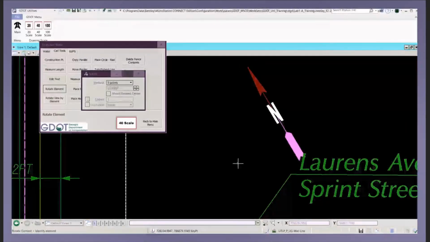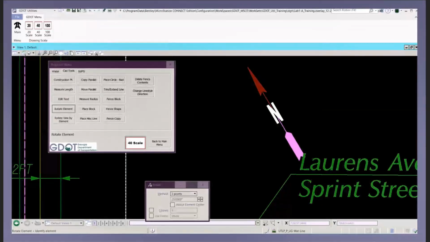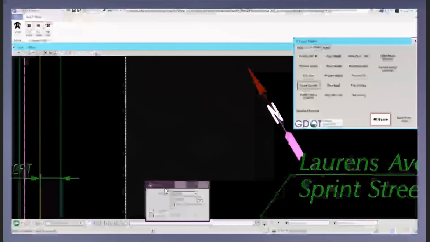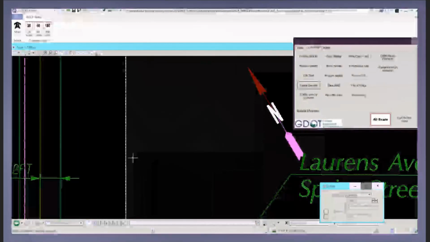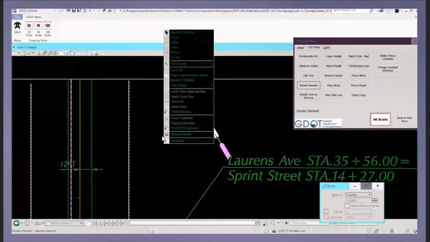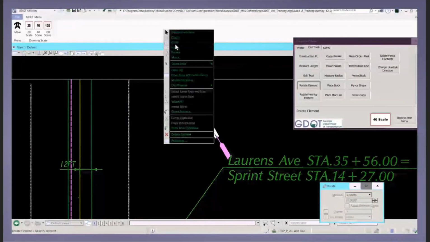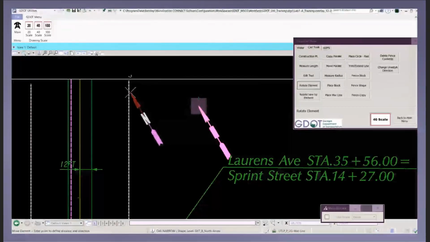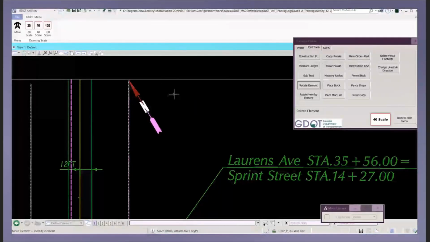The third option, by 3 points, will be very useful in the event of rotating an object to align with a third object. For example, if we move the north arrow and we decide to rotate it such that it will align with the property line, which is back to its original location since the property line is due north,